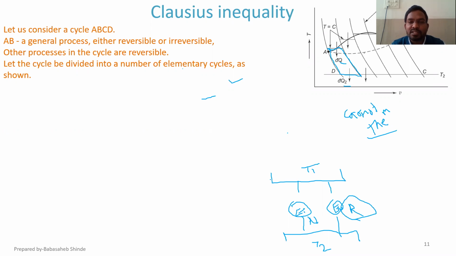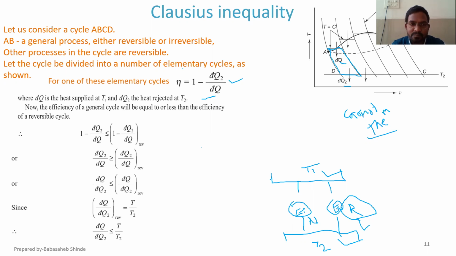What does Carnot theorem say? If there are a certain number of engines operating between the same source and sink, then the reversible engine is going to have the highest efficiency compared to normal engines. That is the Carnot theorem. So according to that, we know that a reversible engine is always going to have more efficiency compared to a normal engine. That relation we are going to write over here.